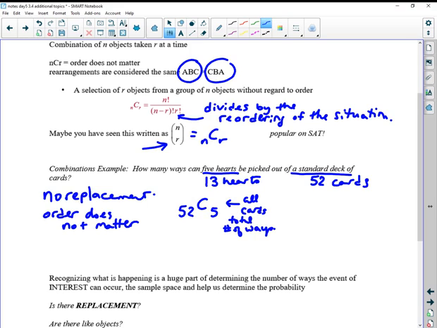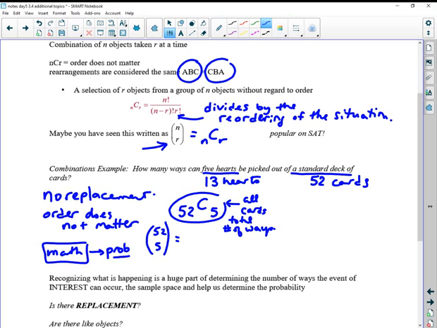And when I put that in 52, I put that into the calculator. You can find this setup in the calculator. You can find it under Math Prob. Just have to remember to put the 52 in first. Under Math Prob in your TI 84, you can find that. So if I do that, I get